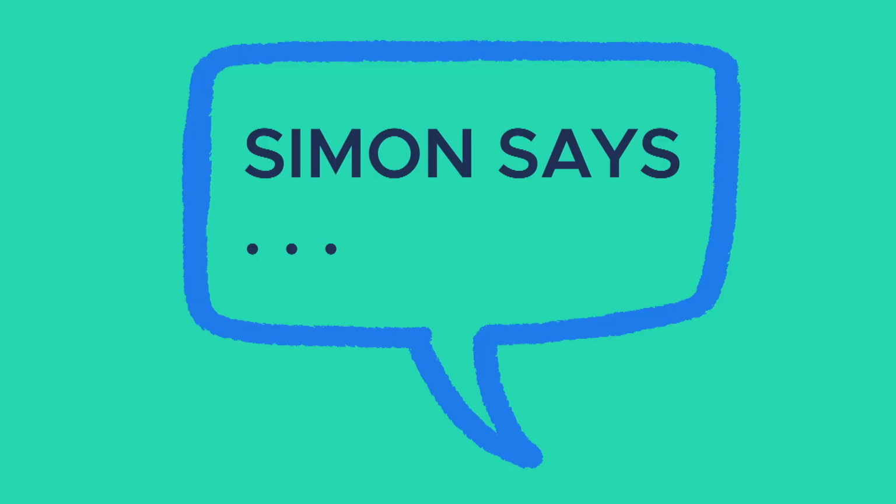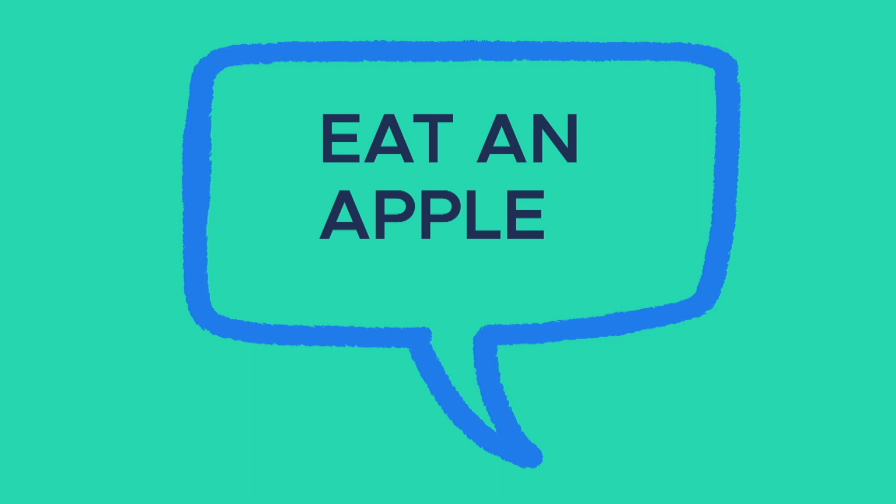Let's take, for instance, the game Simon Says. It's easy to use this as a repetition game, but here's another way of playing it. If we declare "Simon says, eat an apple," students should respond by mimicking the action. But if an instruction is not prefixed with "Simon says," and the students nevertheless mimic the action, they are out